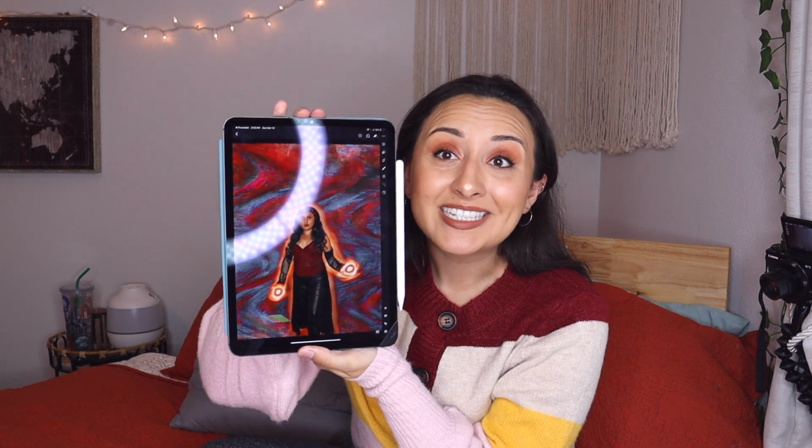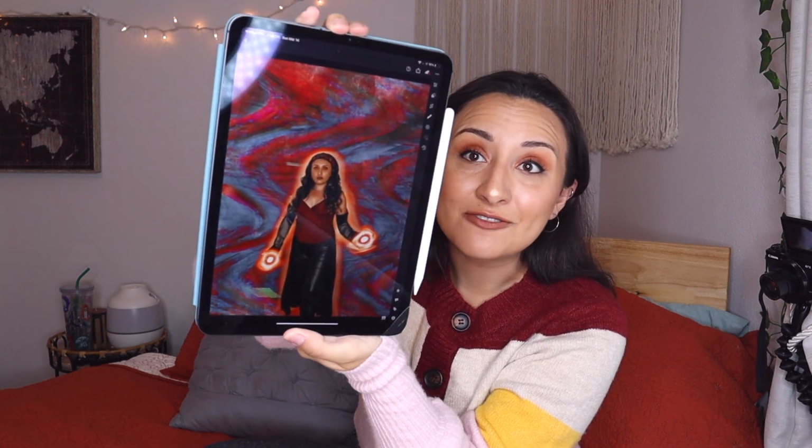So there you have it. That's how I would edit this kind of photo in Procreate. There's so much you can do with it. I don't usually use it to actually create straight up drawings from scratch. I would either be tracing a photo to get the look that I'm going for, or I